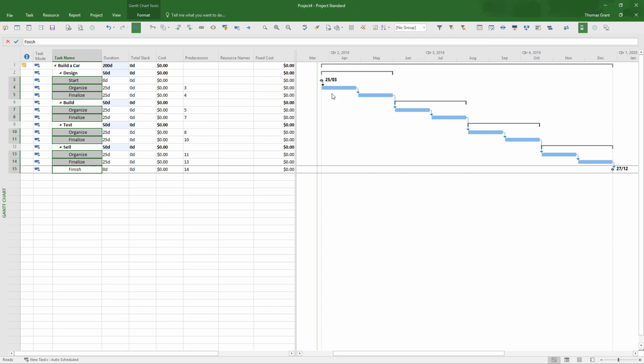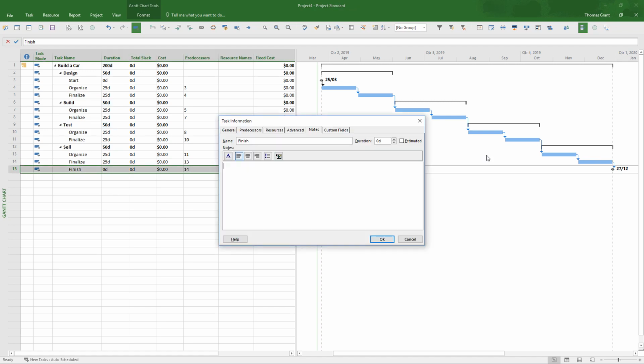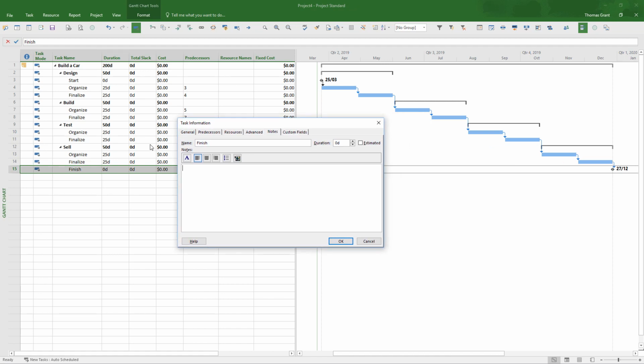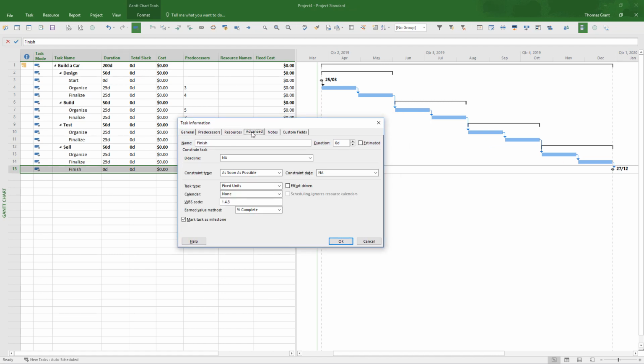So that's looking good. We have our individual activities in place, and we've got a finish date. In order to monitor this more closely, we highlight the finish milestone, double left click on it, bring up the task information box, go to the advanced tab and put in a deadline for the finish of the whole project. So the deadline is going to be, we started in March on the 25th, so we go forward 6